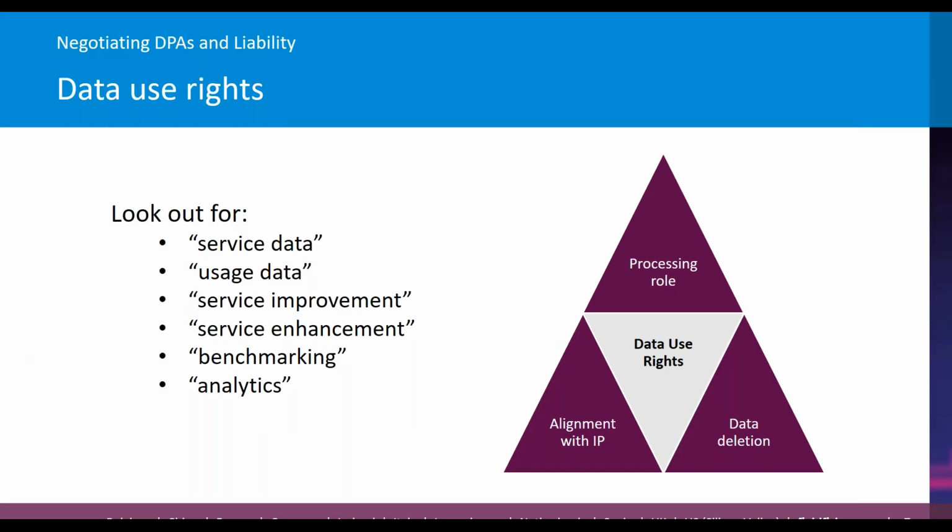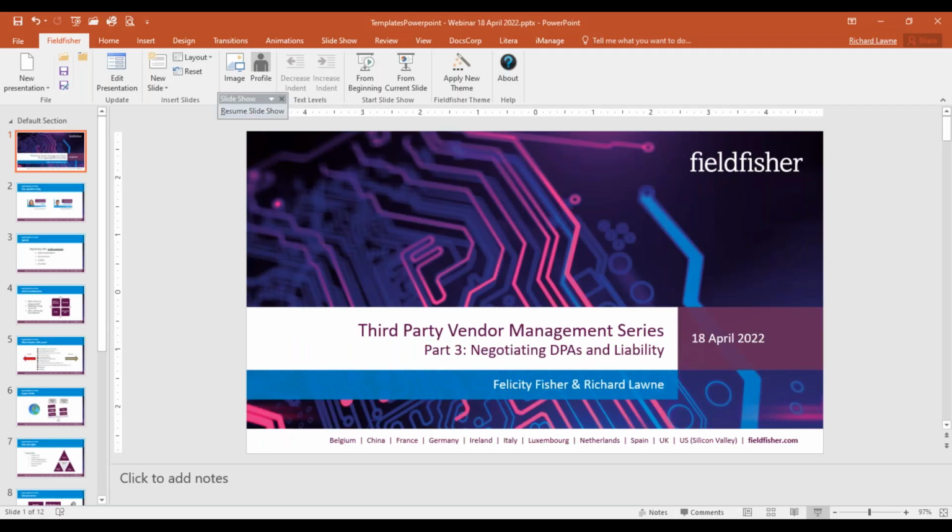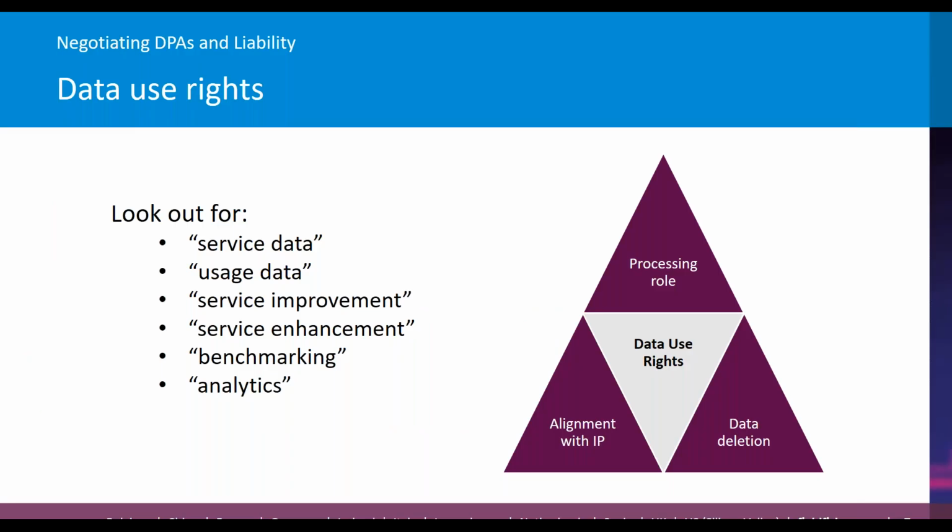And even in those cases where you are comfortable giving the vendor broader rights to use your data, think about are there any conditions or restrictions you still want to place on the vendor in terms of how they're using the data. So for instance, are you going to say, well, that's fine, but only use the data in aggregate or anonymized form? You have to anonymize all of the data that you receive if you want to use it for those purposes. Or maybe you say that's fine during the life cycle of the contract, but after the agreement, you have to delete all of that data, and we're not prepared to give you perpetual rights to use it.